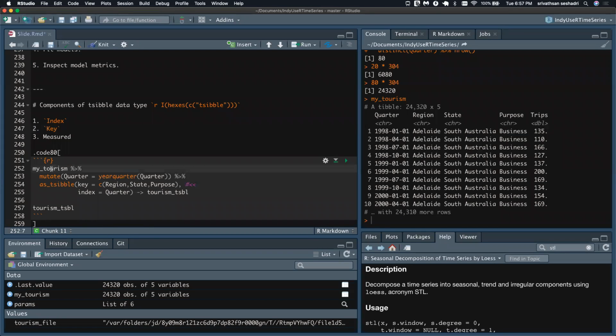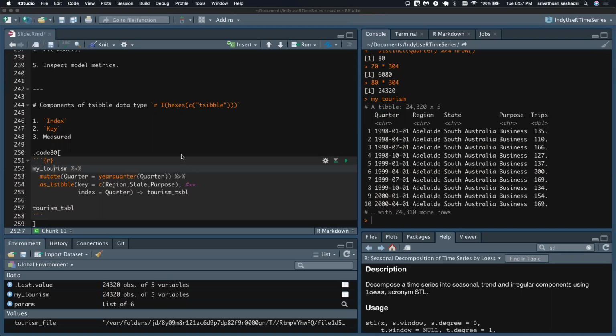So let's, okay, so you see you have the quarter here as a character, right? I'm using a yearquarter function from the tsibble package to convert the character into year quarter.